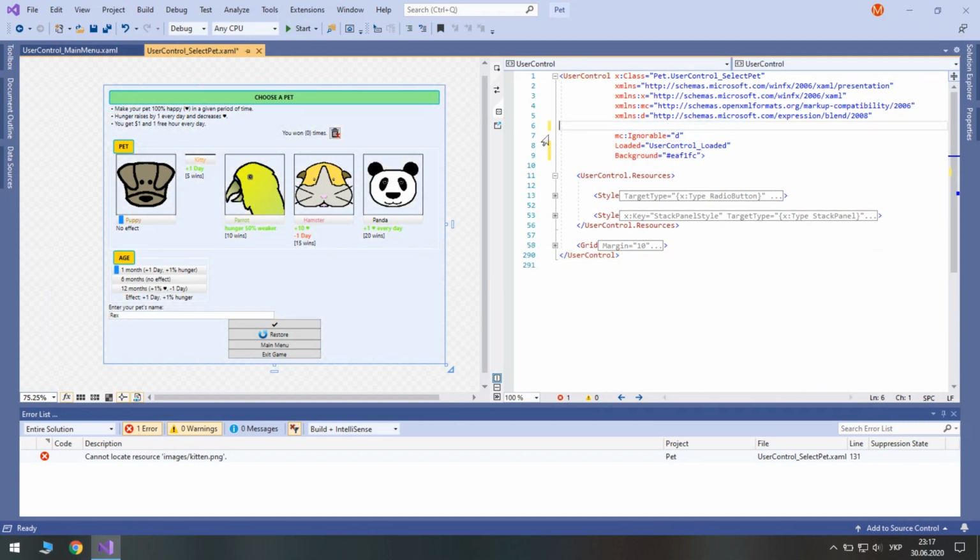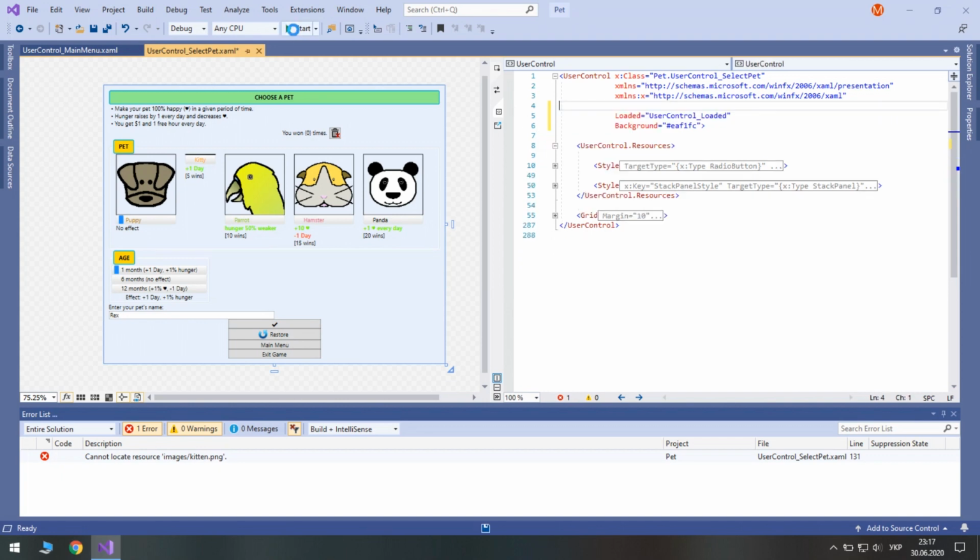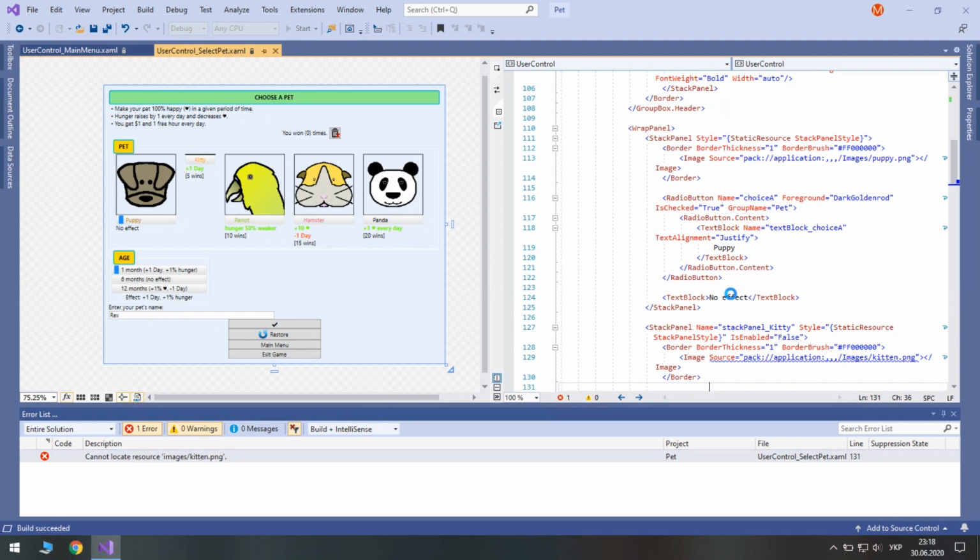Let me just remove something that I won't use. Let's look how it looks now. Oh, I forgot to rename the image. It's not kitten, it's kitty now.